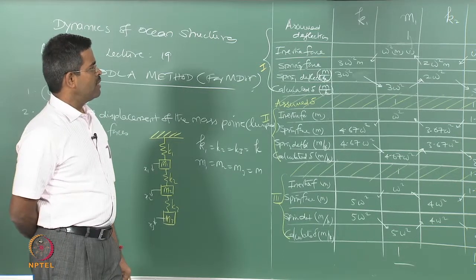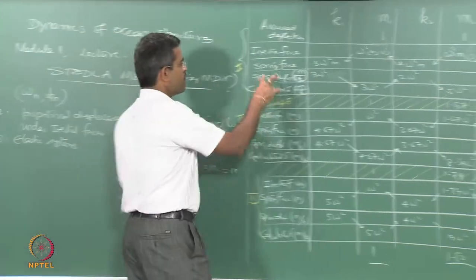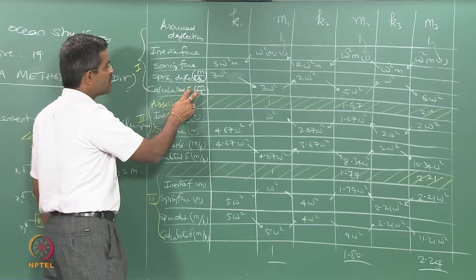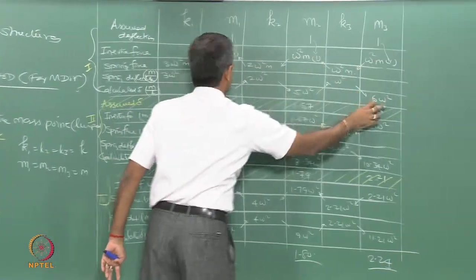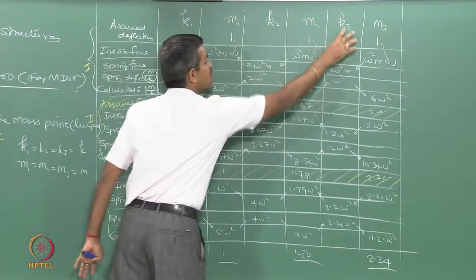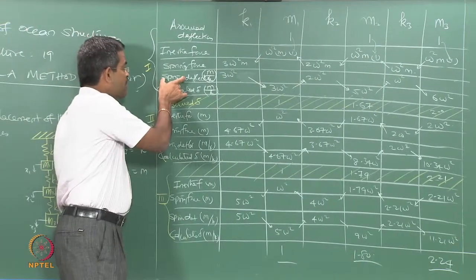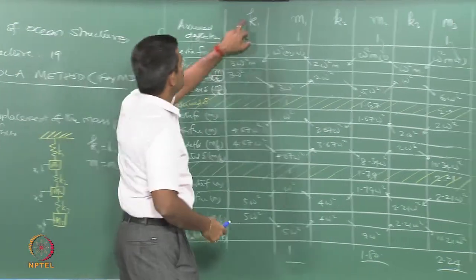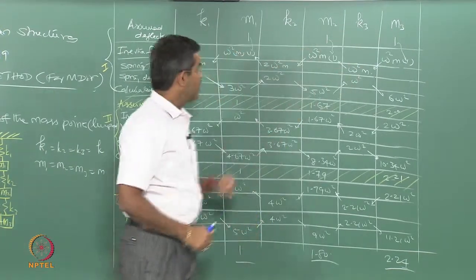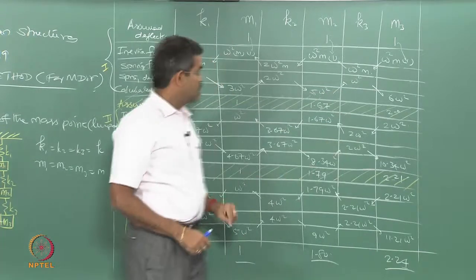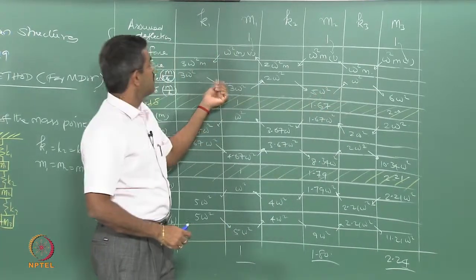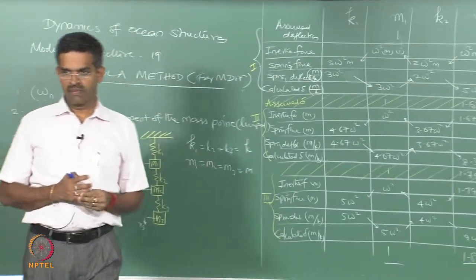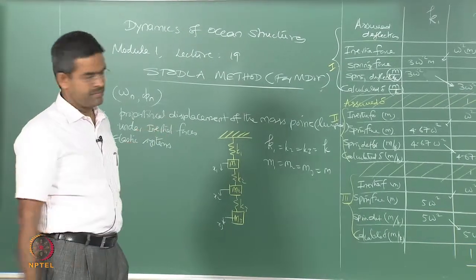And the fourth very tricky difficulty is spring deflection, calculated deflection. There are two deflection terms here. One is entered at the mass values, one is entered at the stiffness values. That is why I am deliberately writing this is spring deflection, this is deflection of the mass point. Please understand, both of them are deflection only. One I am writing only at the location of stiffness of the springs, one I am writing at the location where the mass is. You are always finding the proportion of the mass, but not the proportion of the stiffness of the springs. Please understand this, both are deflections only. This is another problem where generally people make a mistake.